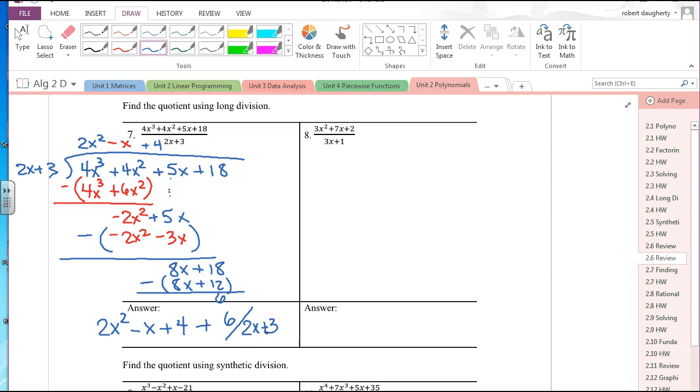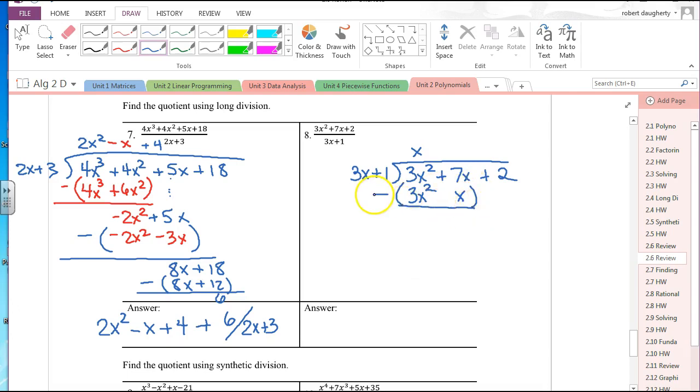Now let's look at the next one, 3x plus 1 dividing into 3x squared plus 7x plus 2. So 3x plus 1, divide that into 3x squared plus 7x plus 2. What do I multiply 3x by to get 3x squared? That is simply an x. So I do that, I get a 3x squared. And then when I multiply the 1 by x, I get x. And then I subtract those, and I will get 6x